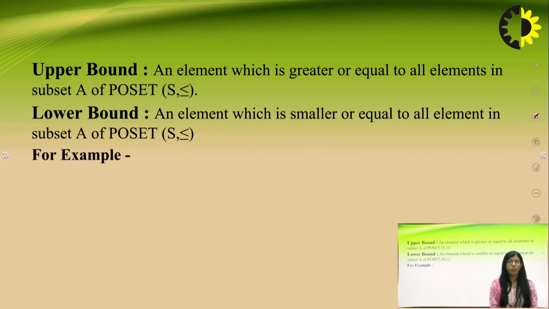Before moving on to how we can find whether a particular structure is a lattice or not, we need to know what an upper bound and a lower bound are. An upper bound is an element which is greater than or equal to all elements in a subset of a poset, and a lower bound is an element which is smaller than or equal to all elements in a poset. What does it mean? For example,